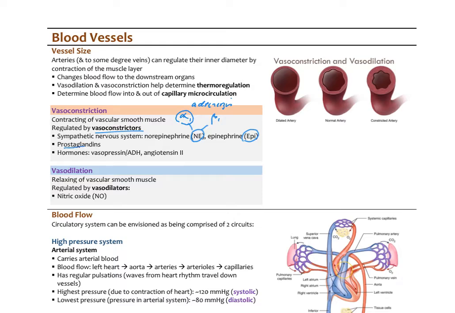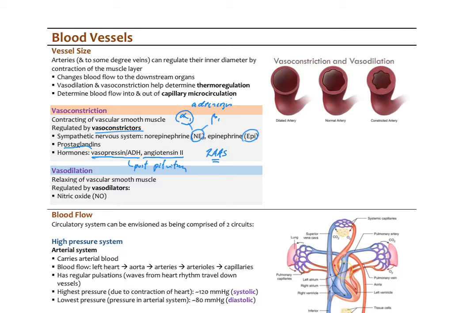Prostaglandins, remember, are mediators of inflammation. Many of them are vasoconstricting as well. And then different hormones. So we'll talk about a very important one here called angiotensin 2. And that's going to be part of what's called the renin angiotensin aldosterone system. Keep that in mind. I'll go through what that is here in a bit. But angiotensin 2 is a peptide hormone, and that is going to help regulate vasoconstriction. So is antidiuretic hormone, also known as vasopressin, which comes from your posterior pituitary. So we'll look at how all of these integrate in a bit, but these would be examples of